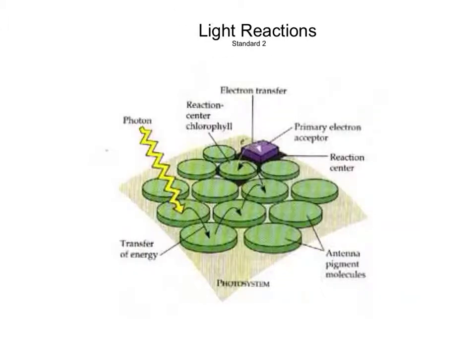Light reactions. When a photon of light strikes a pigment molecule, the energy is passed from molecule to molecule until it reaches the reaction center, which contains a particular form of chlorophyll. The reaction center chlorophyll of photosystem 1 is known as P700 because this pigment is best at absorbing light having a